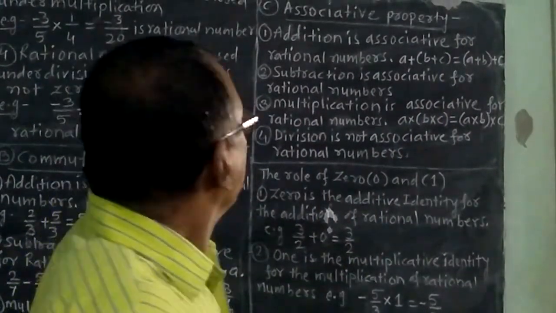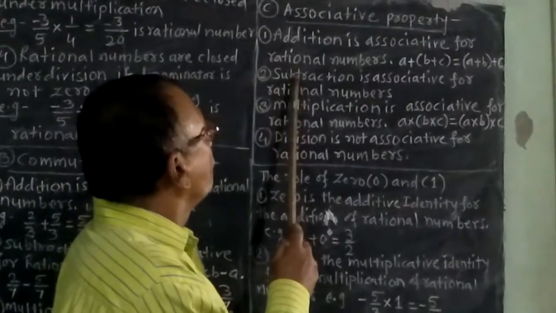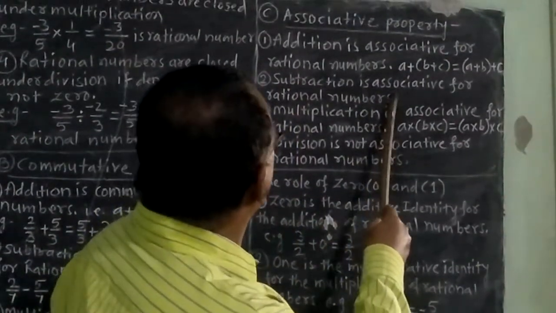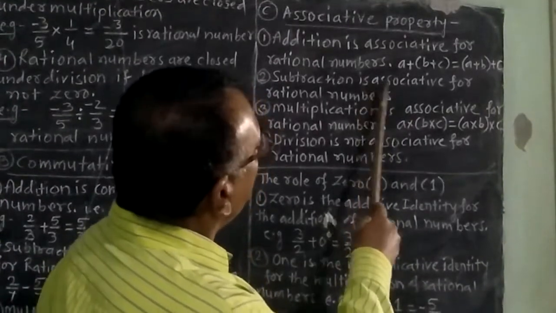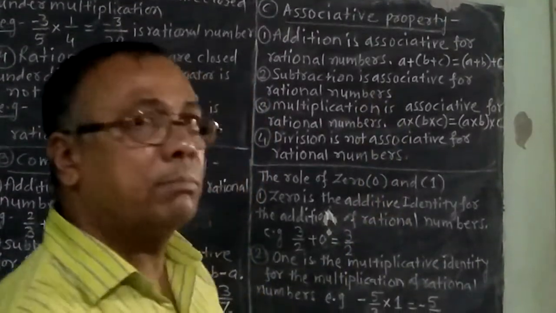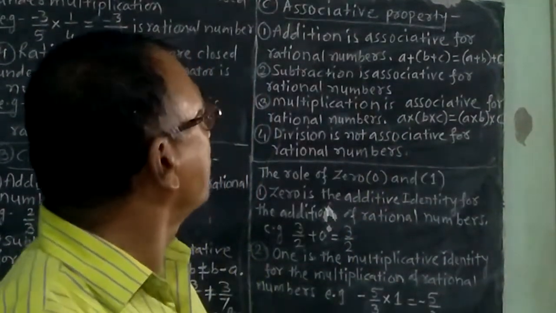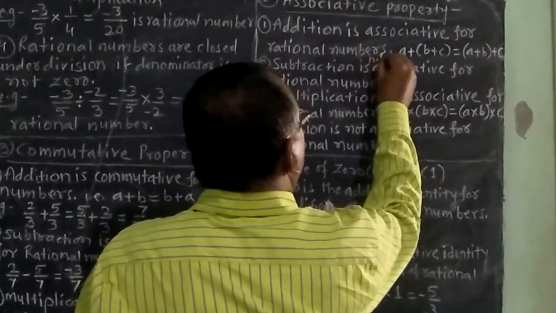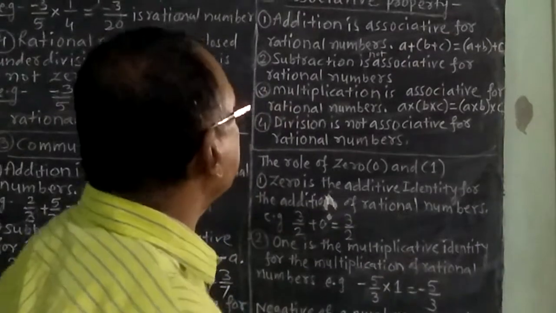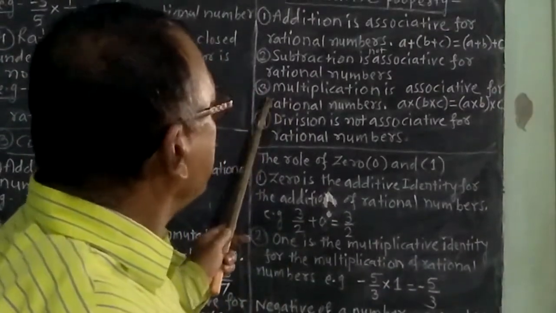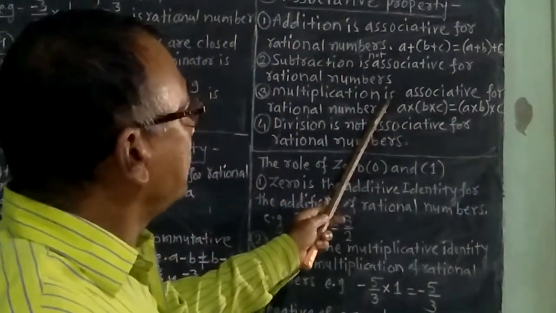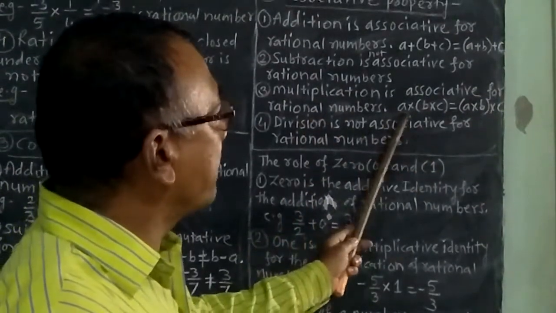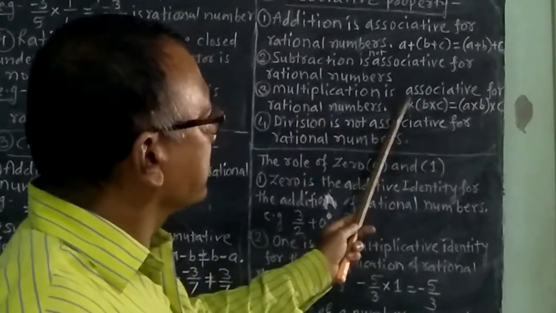But second, subtraction is not associative for rational numbers. Subtraction is not associative for rational numbers. Third is multiplication is associative for rational number, means if we multiply the three rational numbers a into b into c is equal to a into b into c,